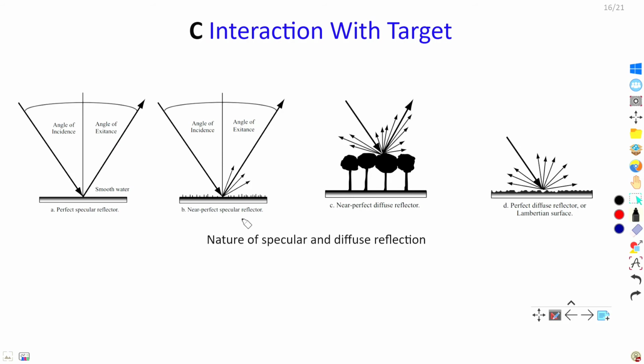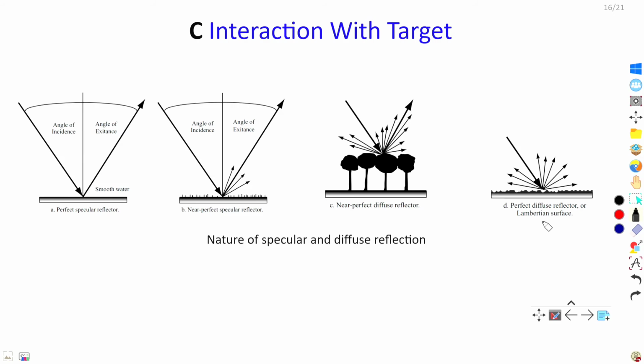So it is a near perfect specular reflector. In a near perfect diffuse reflector, reflection occurs mostly in all directions, but some directions get more and some get less. And in a perfect diffuse reflector, almost all directions get the same amount of reflection, and the perfect diffuse reflector is known